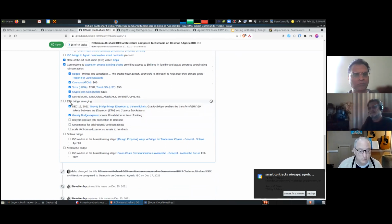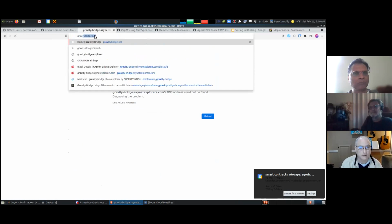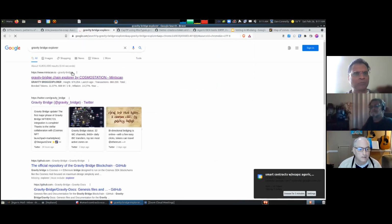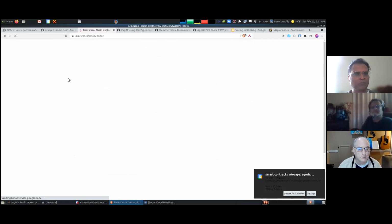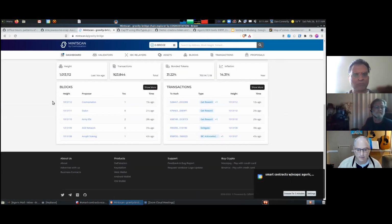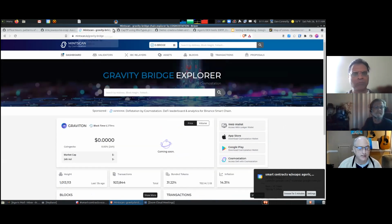The bridge to Ethereum is emerging. They've been working on it for a long time. There's a set of validators getting set up to